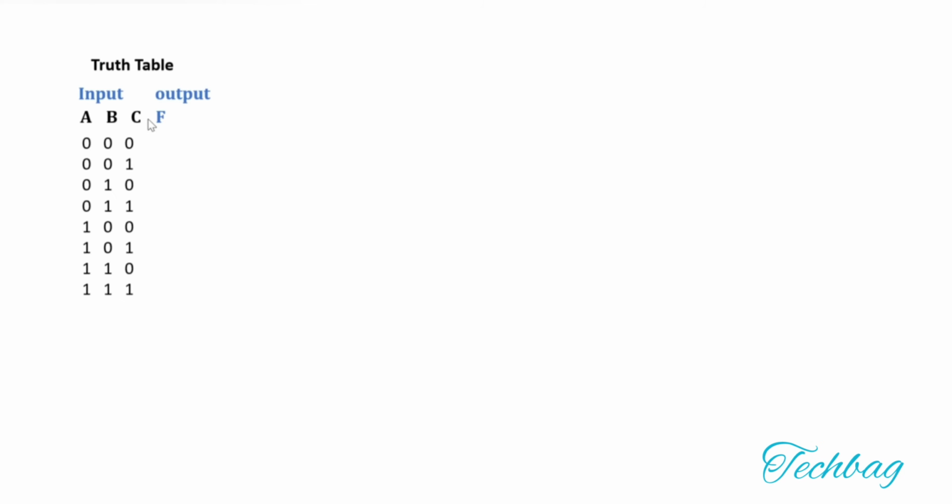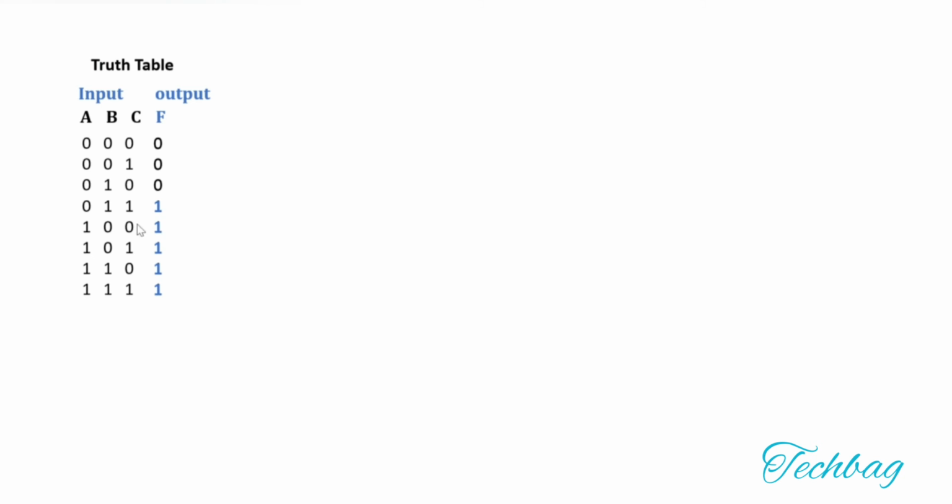So let us see one more problem. Truth table is given. It is a 3 variable function. The output is given here. So now we are going to write a sum of product expression, that is f. We are going to write the expression for f in true form. So you have to find the input combination for which f is equal to 1. Here f is equal to 1. These are all the input combinations.